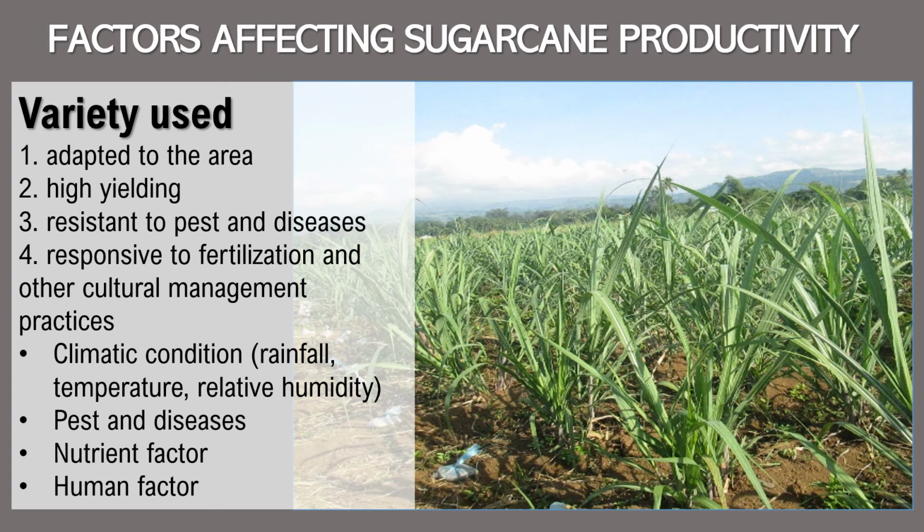For the human factor, this includes the capability of the farmer to grow sugarcane. So, nangangailangan siya dito ng capability or financial support to venture into sugarcane productivity, or another one is labor available. So these are some of the human factors. So we are going to focus on the two factors affecting sugarcane productivity, as I've said, the variety that will be used and the nutrient factor that will be the fertilizer scheme